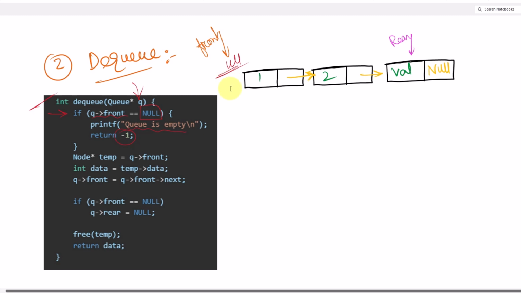So otherwise, if we have nodes in the queue, in that case, first of all we're gonna create one temporary pointer which will point to this front node, and after that we're gonna get the data from the node. So here we're getting the data from that node, and then we're gonna shift our front pointer to point to the next node. So the front pointer will be shifted to point to this next node